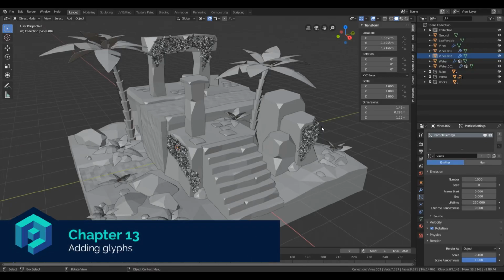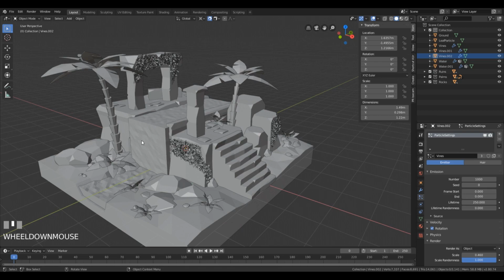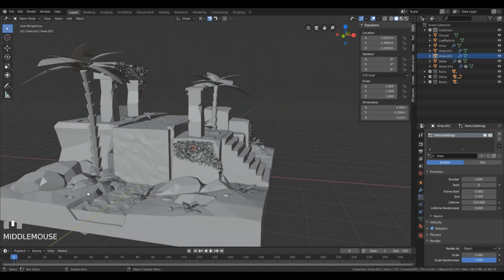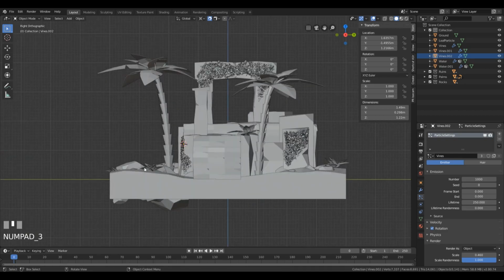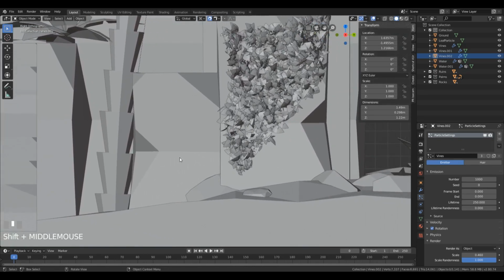Now I left the snapping on from the previous chapter on purpose because we'll make use of that here as well, because I want to do some glyphs on the sides of the stone structure, some glyphs that will be shining in the night or something like that, some runes or whatever you want to call it. So let's keep the face snapping on and let's go to the side view by pressing 3, and let's zoom right here where this column is,